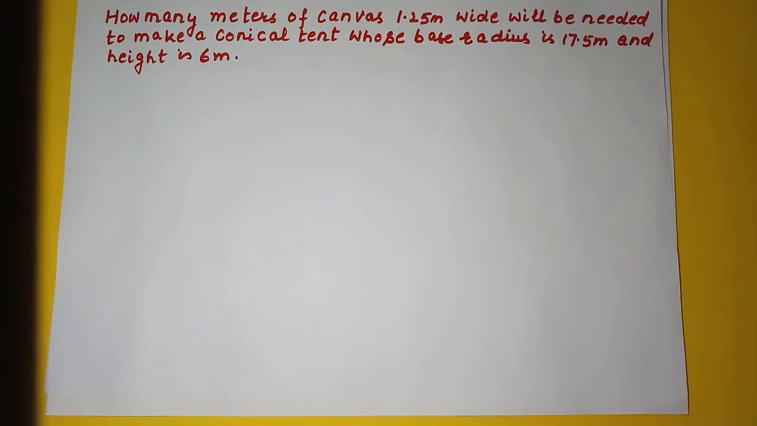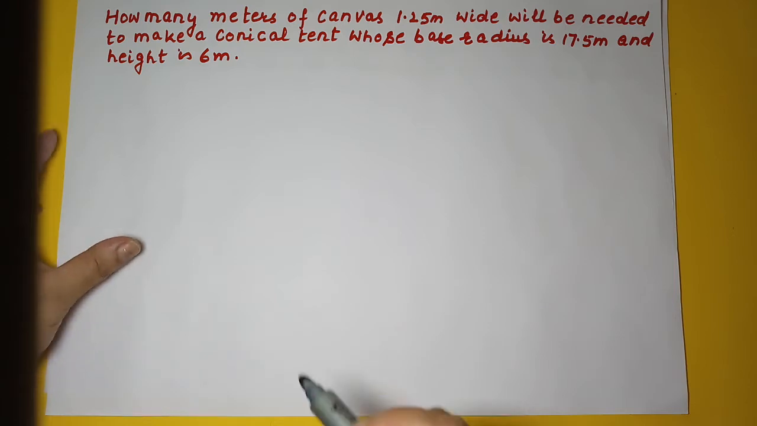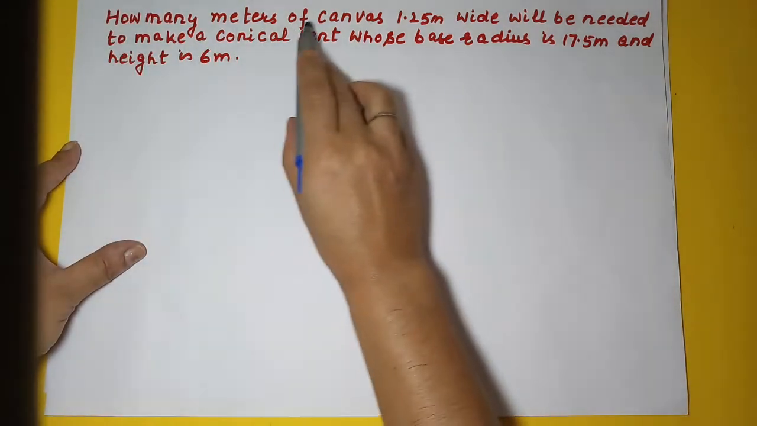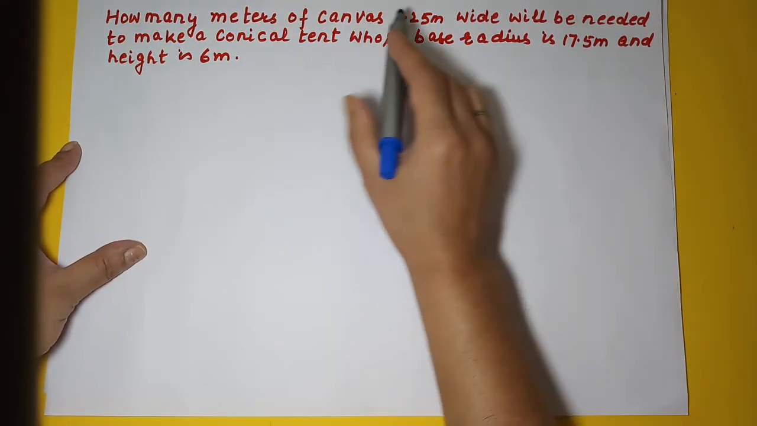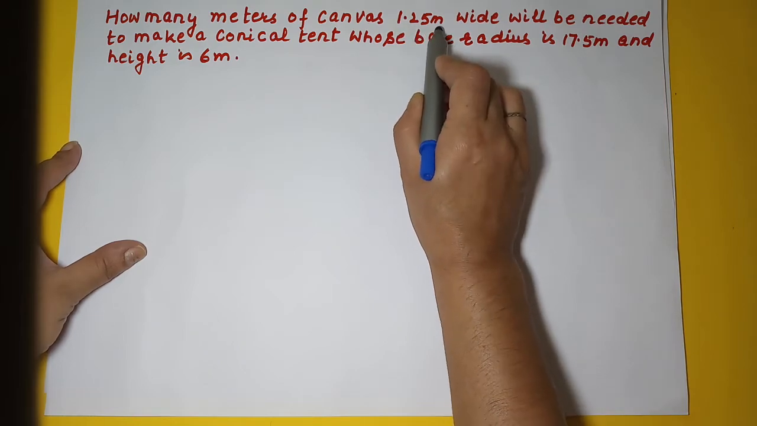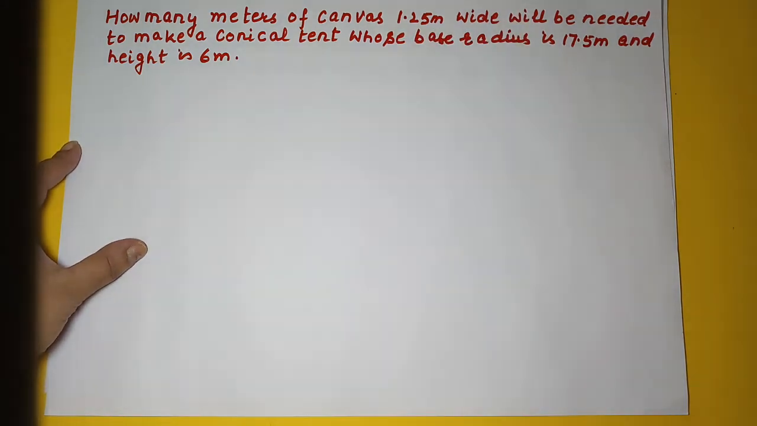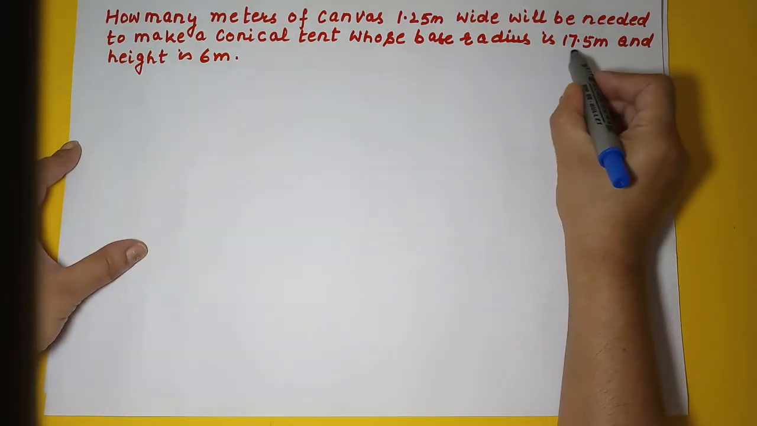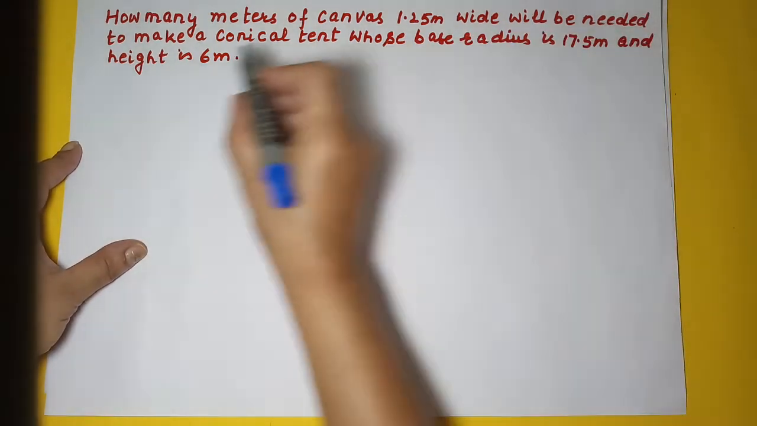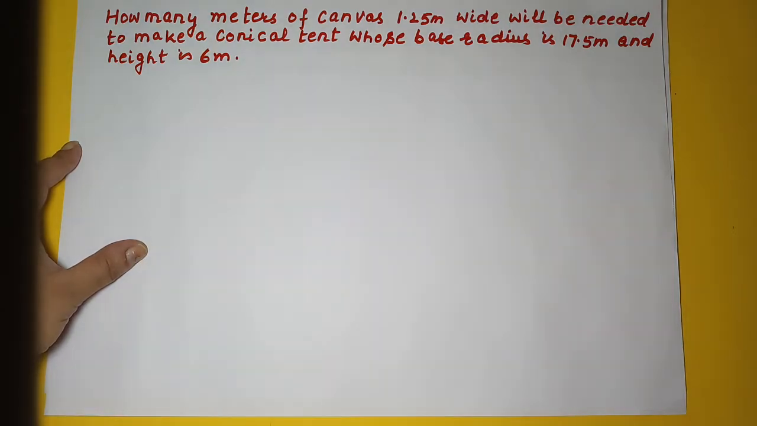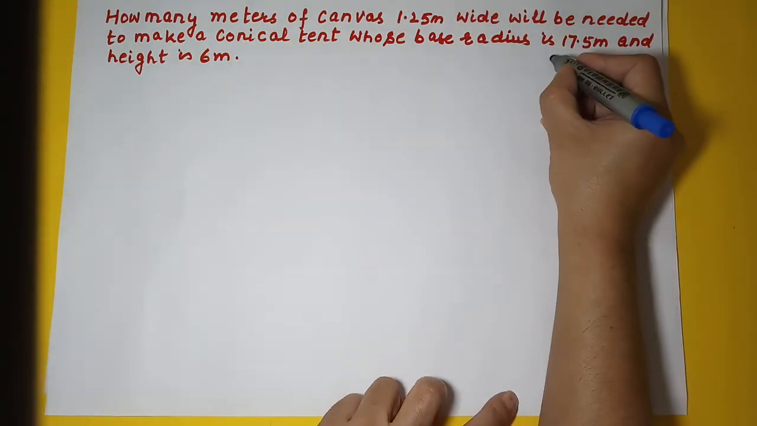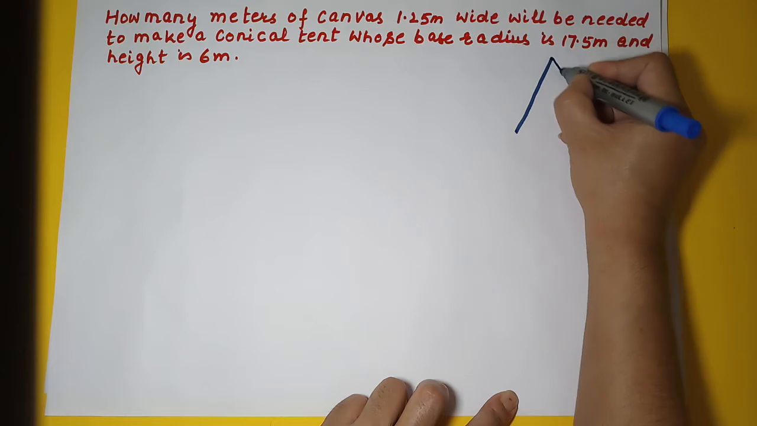We are continuing with the cone. In this question, we are asked to find out how many meters of canvas, which is 1.25 meters wide, will be needed to make a conical tent whose base radius is 17.5 meters and height is 6 meters. So what we have to do is make a conical tent like this,